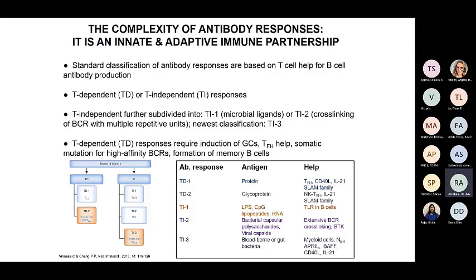Very quickly while I'm on this slide, I'll just point out a couple of things. One is that to make antibodies to protein antigens, which require T cell help, you have to form a germinal center. You need the help of CD4 T cells that we call follicular helper T cells. And then, of course, you're improving the affinity of your immunoglobulin molecule, which is also your B cell receptor, because